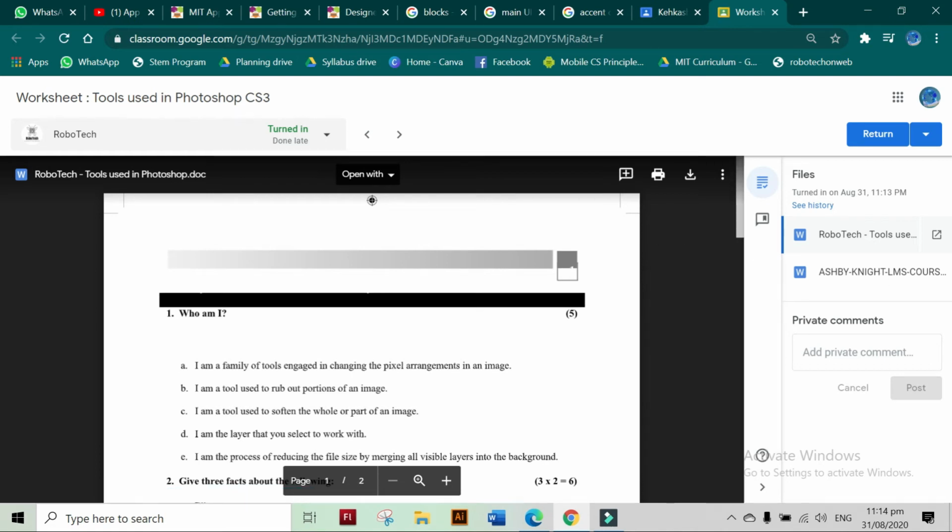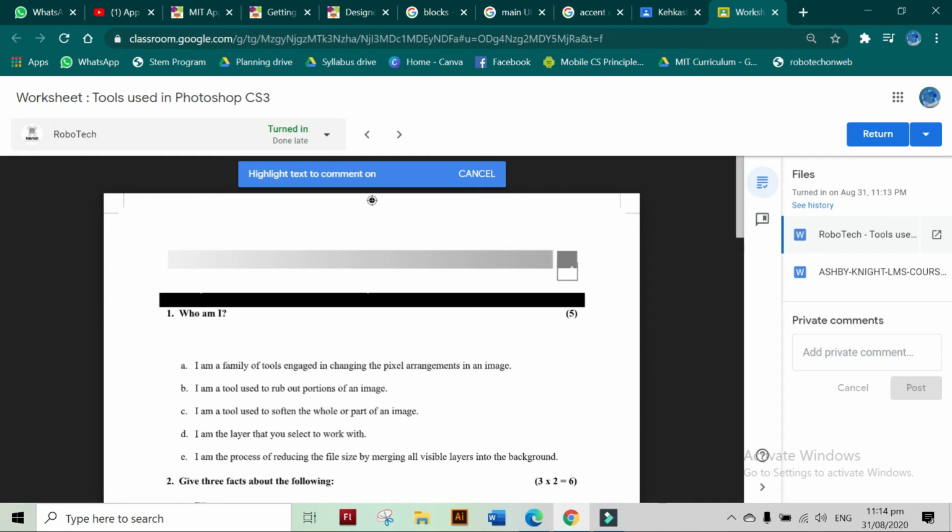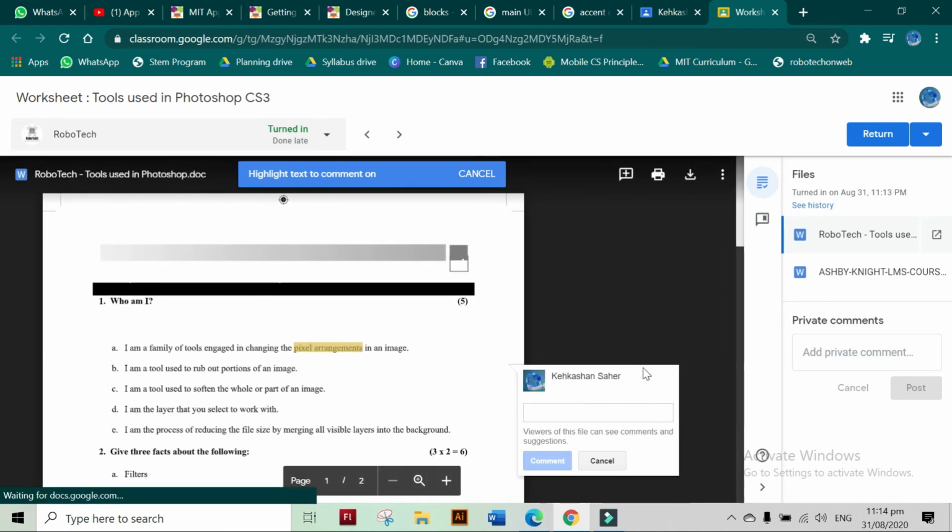So let's say this is my document, and I am a teacher and I want to add my comments over here. So I will click on this add a comment button. I click, and then let's say this is a mistake, so I highlight it, and I add a comment.